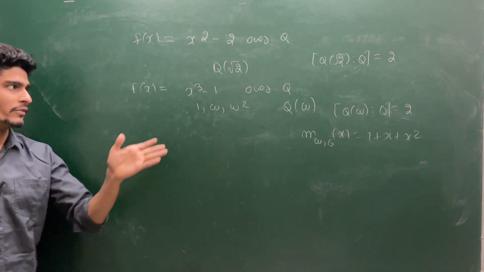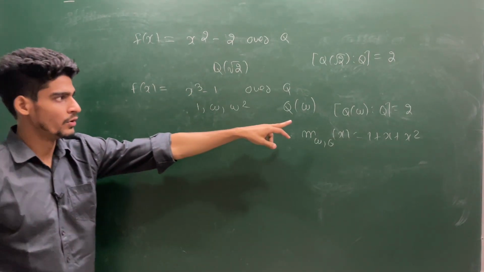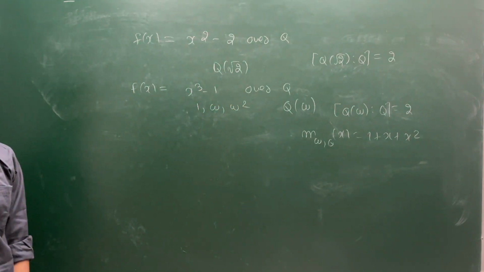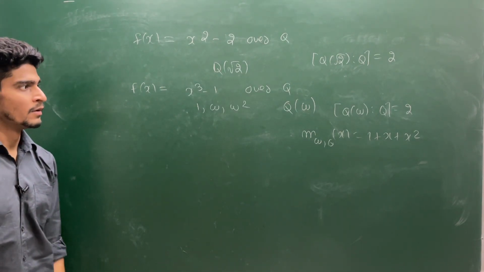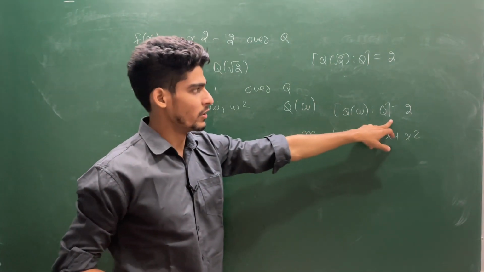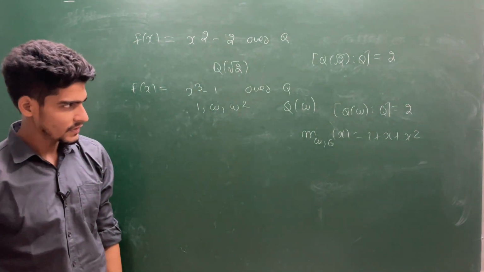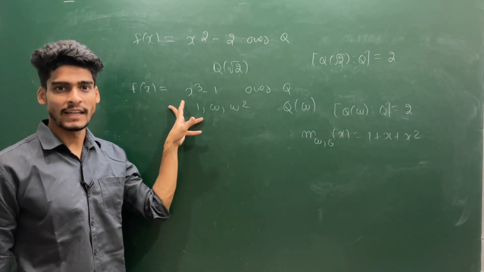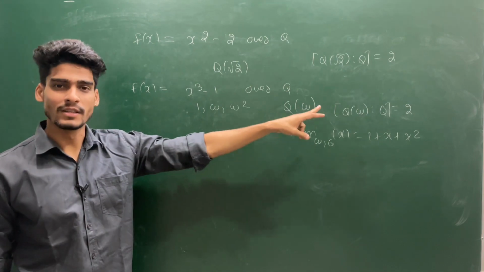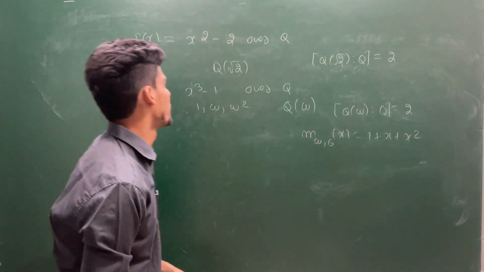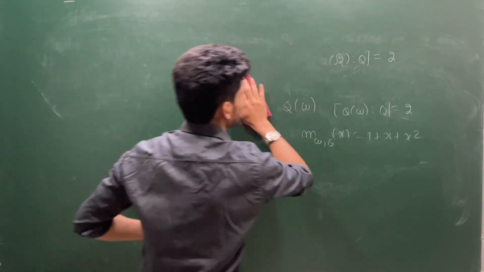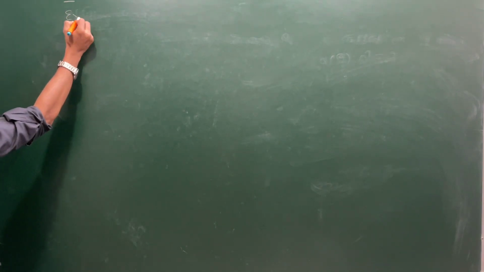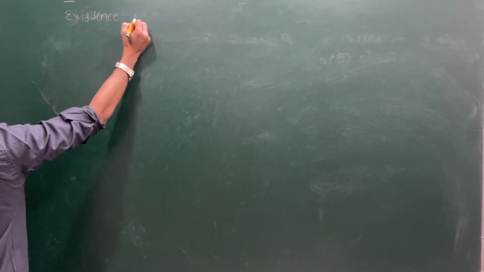But is there any relation between the degree of the polynomial and the degree of extension of the splitting field? Is there any relation you can feel? Can I say this is always less than or equal to n factorial, where n is the degree of polynomial f(x)? Actually, this is true and we will prove it very soon. And the proof is very easy, straightforward, once you understand the situation. Let me prove the existence of splitting field.